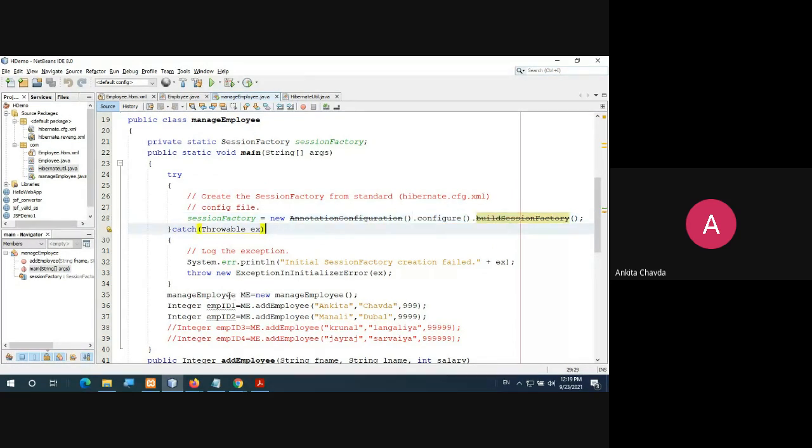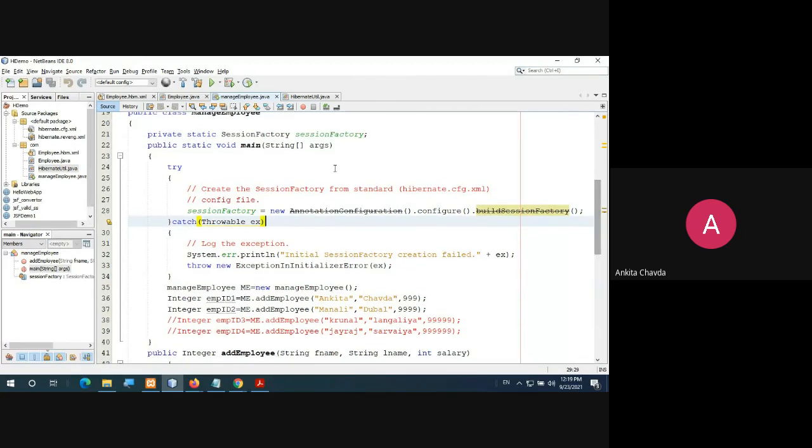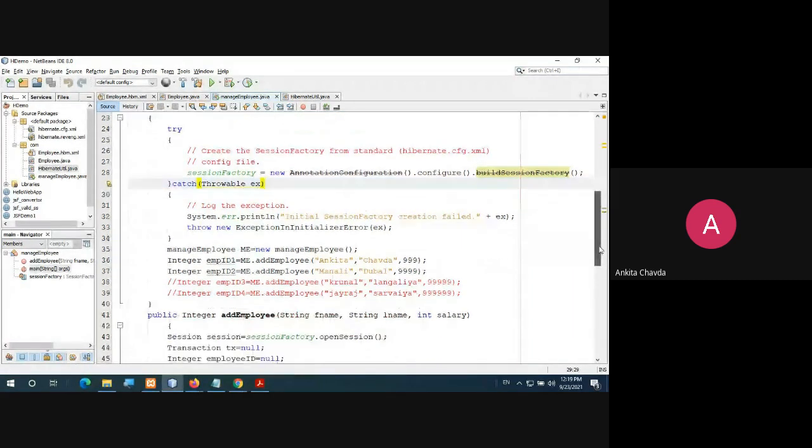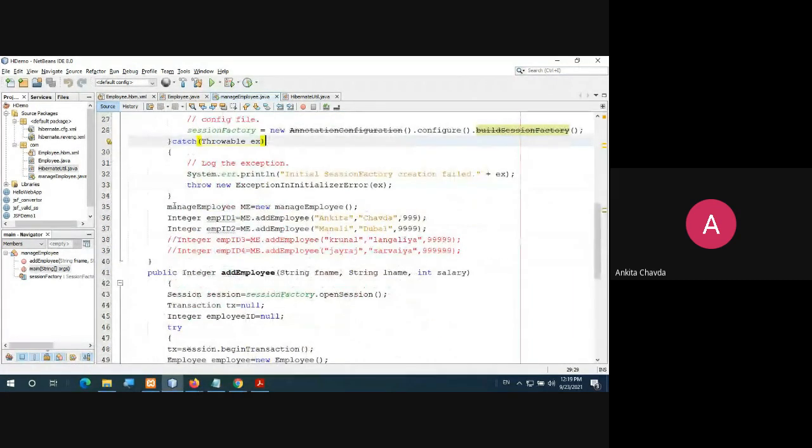You have written the catch, right? It's okay. After that, try and catch, inside this public static void main only, you are creating here manage employee object, which class you have created, right? So manage employee me is equals to new manage employee, an integer employee id 1 equals to, why I have taken as an integer, because that is what my return type, because it's a class name, wrapper class.